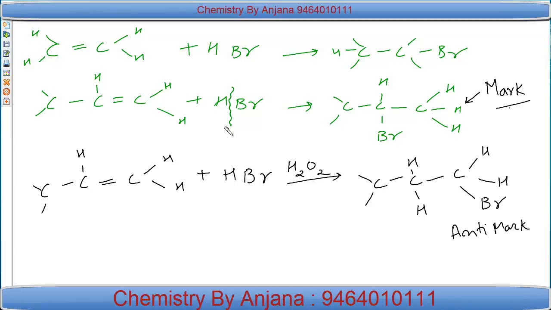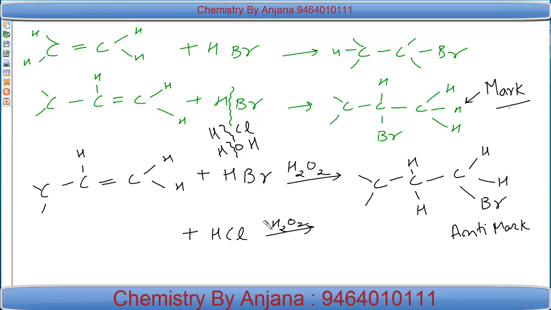ले लिया या यहाँ पर आप HCl भी ले सकते हैं, any unsymmetrical reagent, आप यहाँ पर H2O भी ले सकते हैं, HCl भी ले सकते हैं, any unsymmetrical reagent you can choose, rich becomes richer and you get Markovnikov product. But in this case where you have chosen H2O2 you will get only one product, that is anti-Markovnikov product, where we get reverse. If I want to do same reaction with this set of reagent HCl plus H2O2,